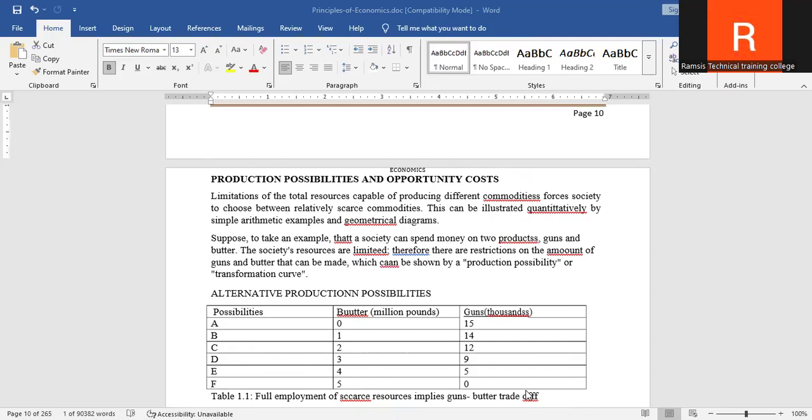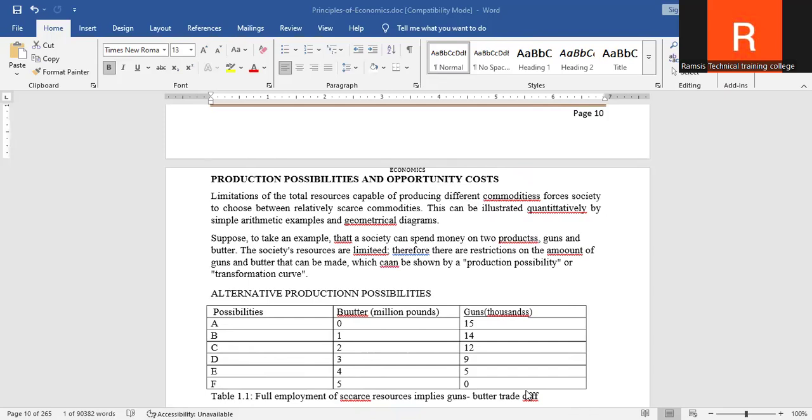If you cannot afford, let's say, a bungalow, you can go to a bed sitter or a one bedroom. But at the end of the day, you are having what? Shelter. All these decisions are based on the fact that resources are scarce, but we must have what we call a competing alternative. So the choice to satisfy one alternative means that another one is foregone. That's something important. The value of the second best foregone alternative is what we call opportunity cost. So what is opportunity cost? It is the second best foregone alternative.